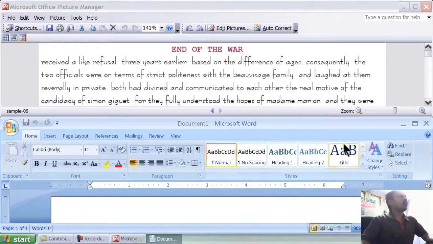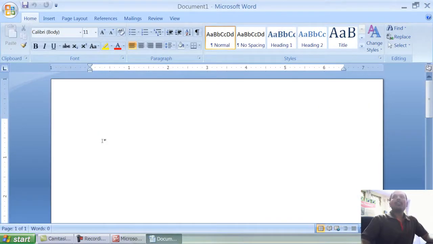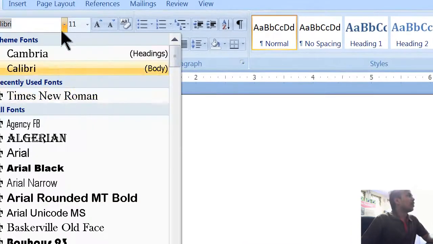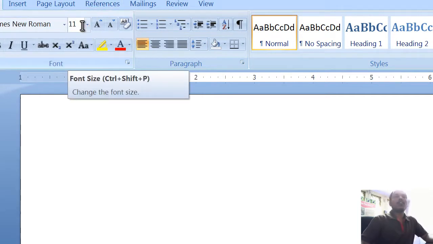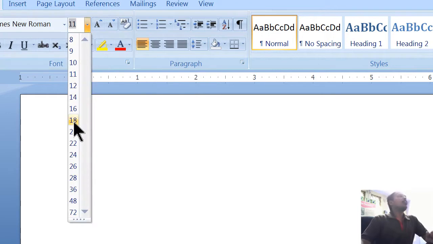First we have to work in... So what should be done first? Font should be in Times New Roman, right sir? You got Times New Roman, and font should be in... For heading type we have to change it. Heading should be in 13, right? 13 is not there. We have to type the 13.